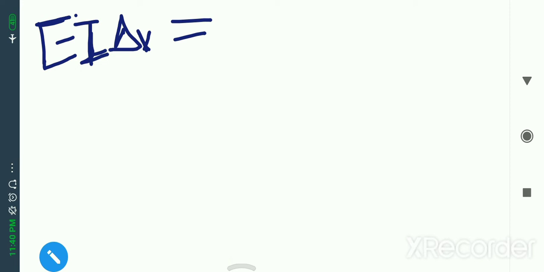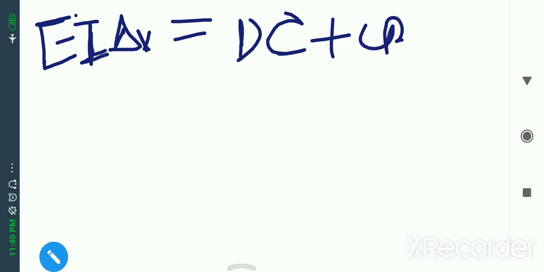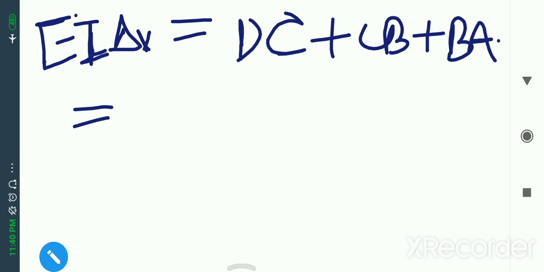Ignoring the term of ED, we will be getting only the term of DC plus CB plus BA. If we carry on the calculations, for part DC, it will be